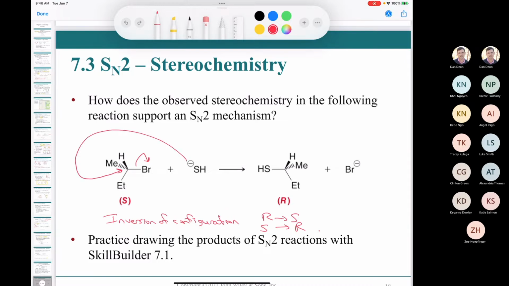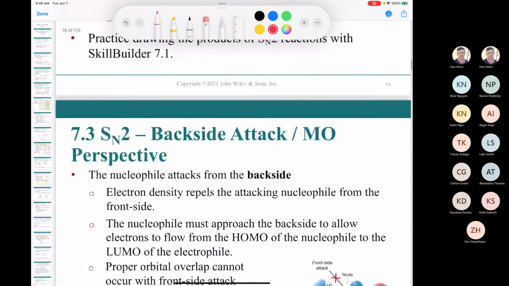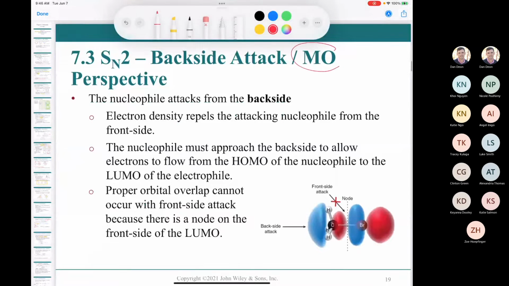Well, there's a good reason why it does this backside attack. Now, there's a couple reasons given in our textbook. One of them has to do with MO theory, which is shown on this slide here. You don't have to worry about MO theory at all. I'm not going to ask you anything about MO theory. What I think is an easier way to remember why the nucleophile attacks from the backside deals with the electron density